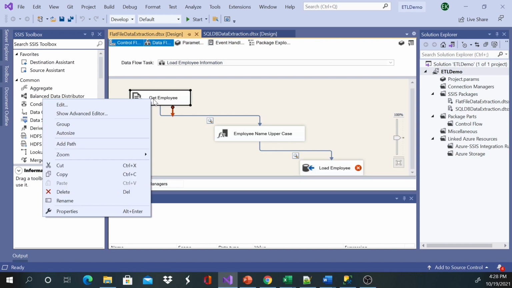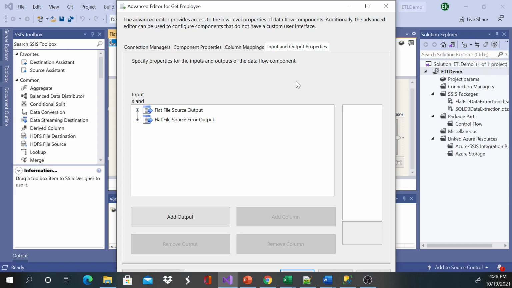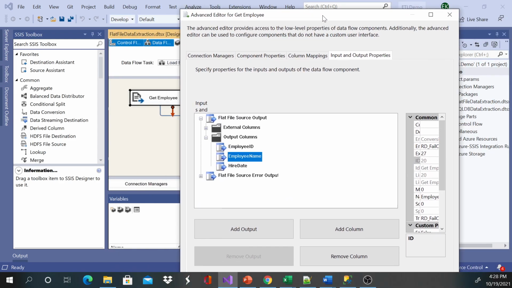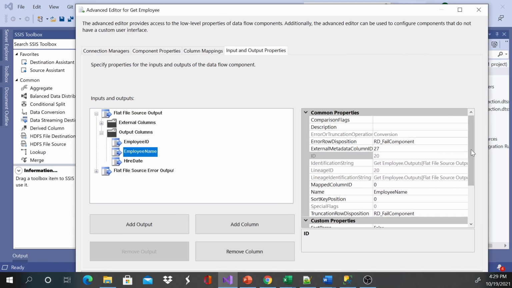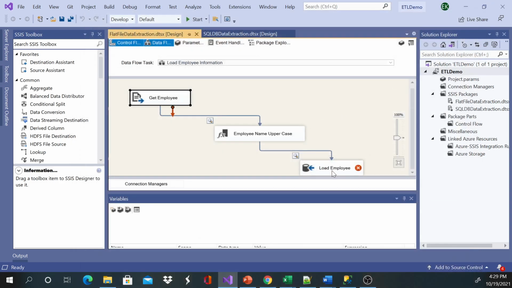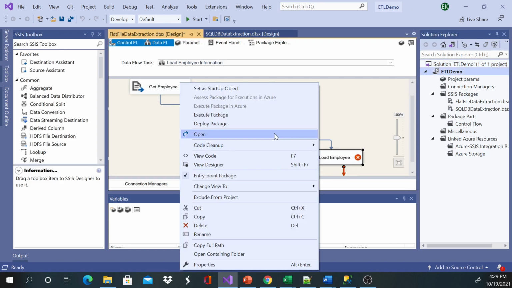So I'll show you if I can. If you go here to show advanced editor, you go to output, and then you go to data source. You'll see something like this. Here the output from a text file, you can see it's a string. And then the destination here, if you right click on it,